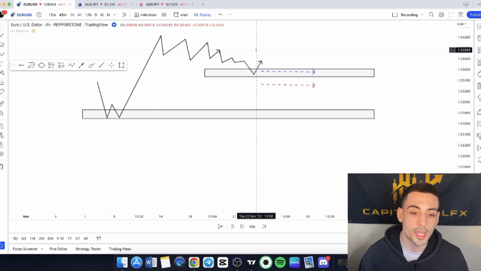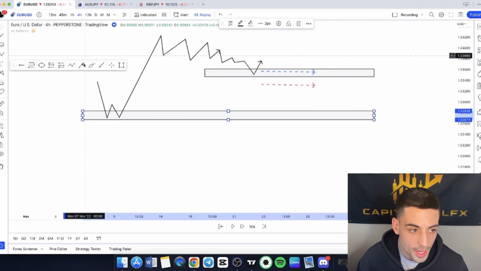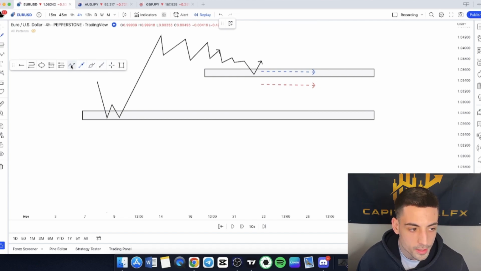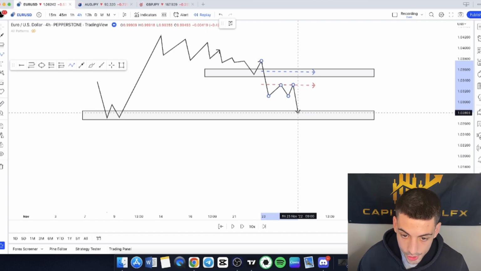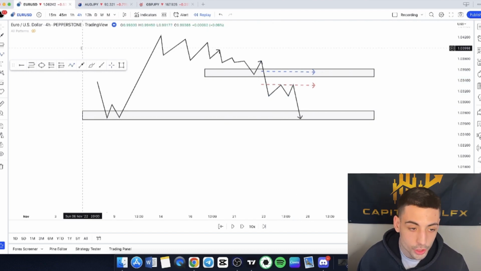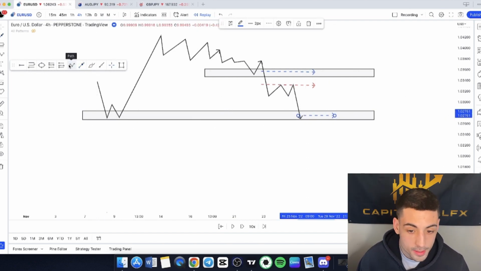So let's say something like this plays out, where we see a zone down in here. We would have our sell hedge down here, and let's say price does end up breaking through and triggering our sell hedge, and then we could actually just have a buy order right here, so that when price does actually